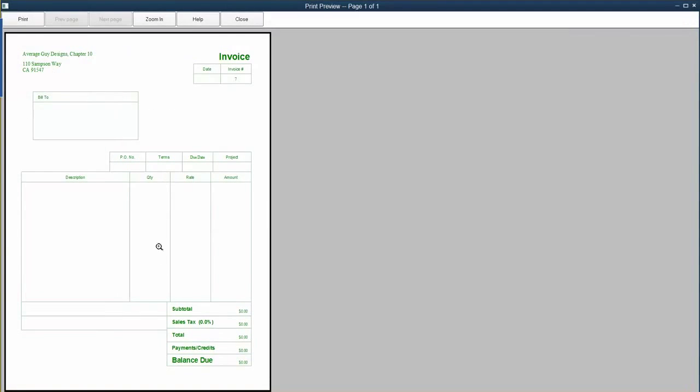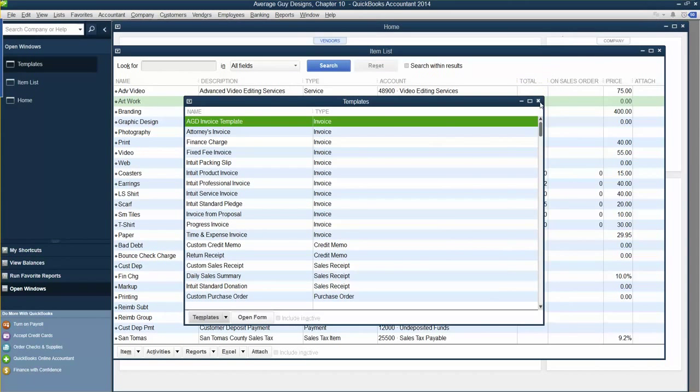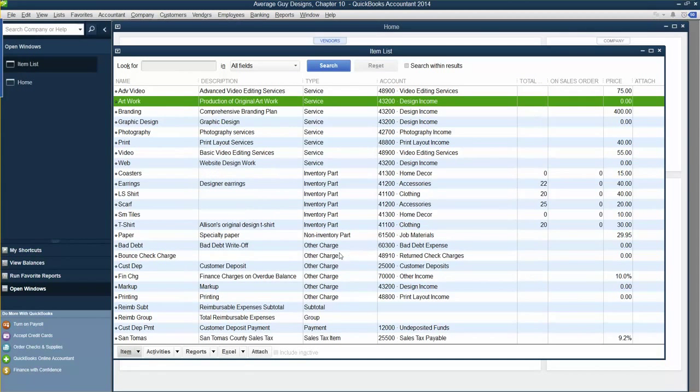This is what it's going to look like. Average Guy Designs, invoice, bill to, PO number, terms, due date, project, description, quantity, rate, amount, subtotal, sales tax, total, payments, credits, balance due. Okay, so we're going to close that, close that, close that, and we are finished with this exercise. And we can even close